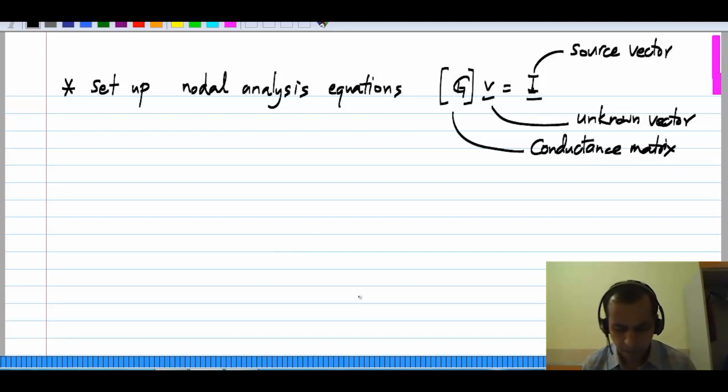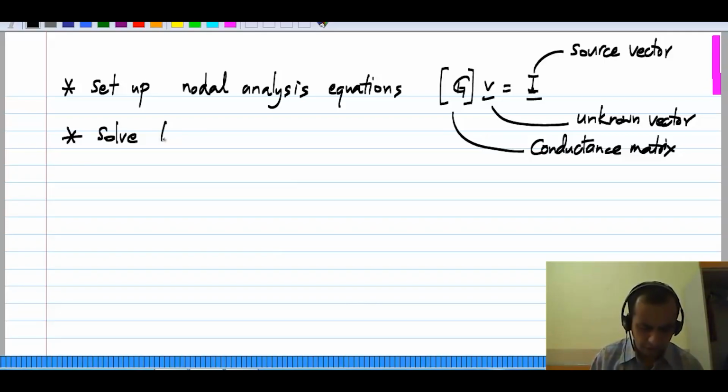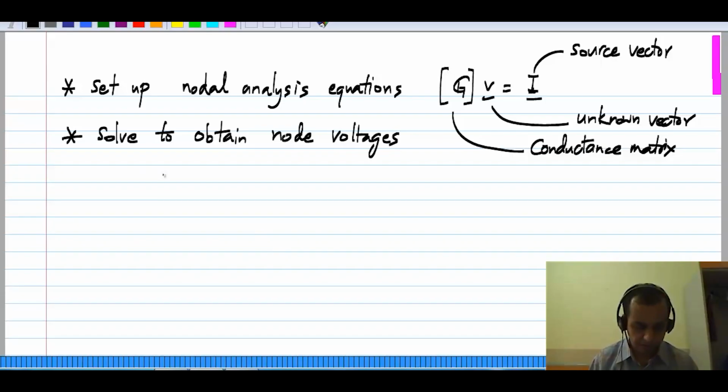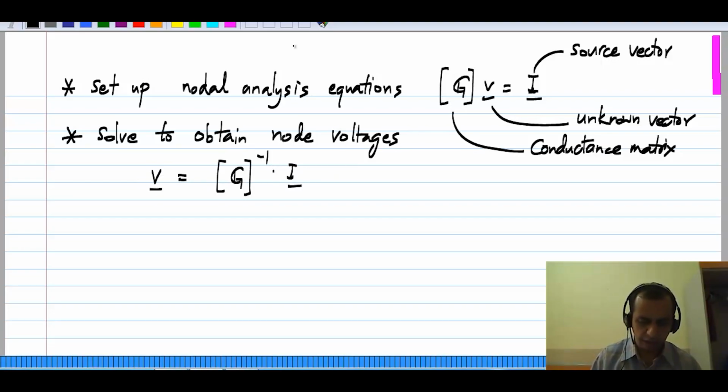Okay, and you solve this to obtain node voltages. So V will be the inverse of this matrix times I. I am showing these square brackets to emphasize that it's a matrix, and